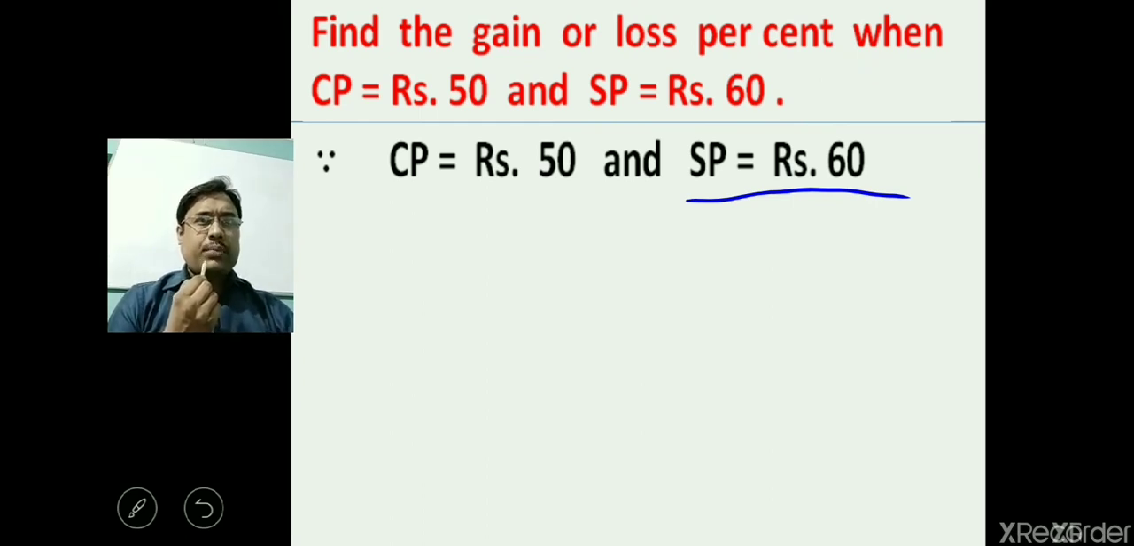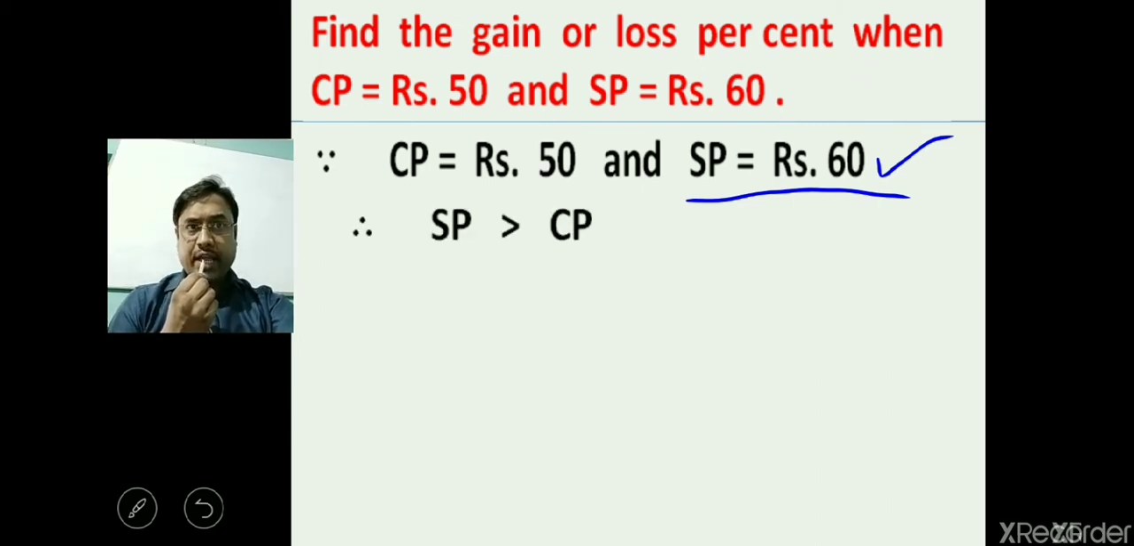So the cost price is rupees 50 and selling price is rupees 60 here. Then it is clear that 60 is greater than 50. So it is the case of profit, because the selling price is greater than the cost price. So we will write here clearly that SP is greater than CP, meaning the selling price is greater